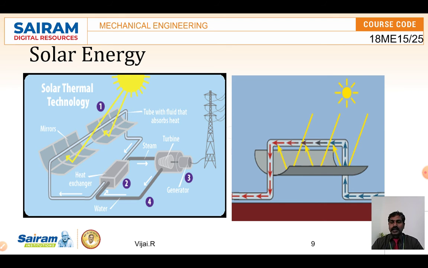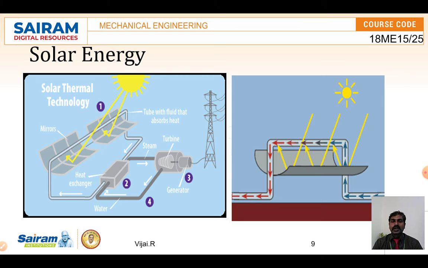In this figure you can see solar energy is useful for heating water. If you keep a bucket of water in the sun, you get heat, but only in the top layer. That is the normal concept. We can instead use proper tubes with reflectors, parabolic reflectors, so that the heat accumulates at a point, and more heat is directed to the pipe, and the water flowing through the pipe is heated easily.